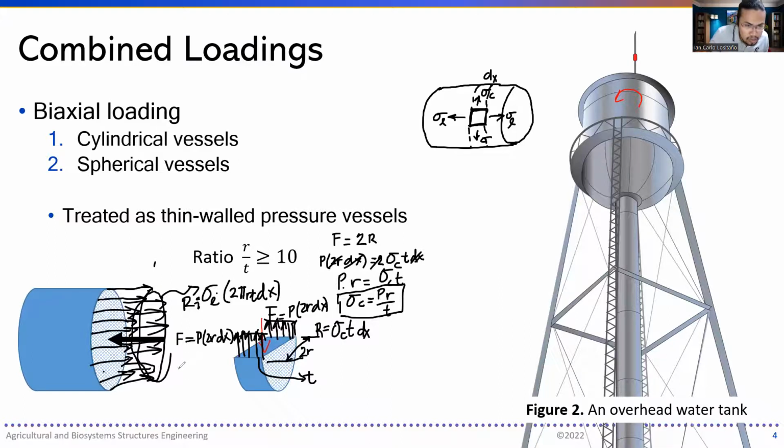So to find the longitudinal stress, we get the longitudinal stress equals, actually, it's C over 2. Okay, and it is PR over 2T. Right? Now, what happens if you have a